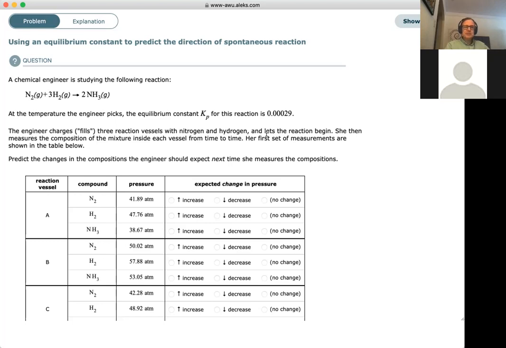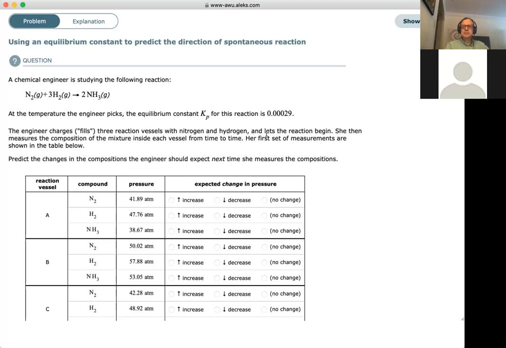So the stoichiometry is 1 to 3 to 2. And at the particular temperature they're looking at, the value of the Kp is 2.9 times 10 to the negative 4, right? So the engineer charges, that's a term that means fills, 3 reaction vessels with nitrogen and hydrogen, and